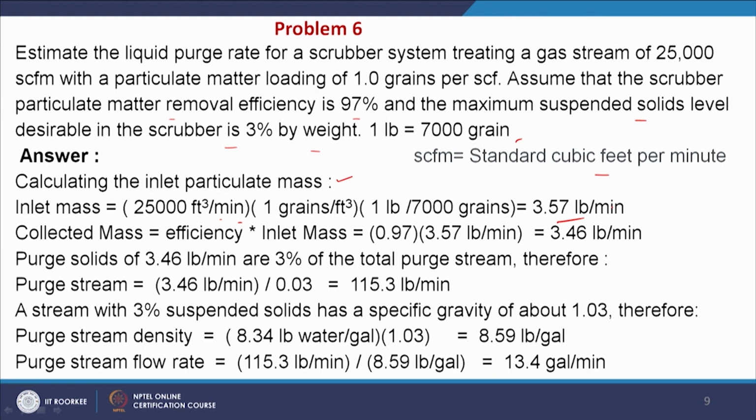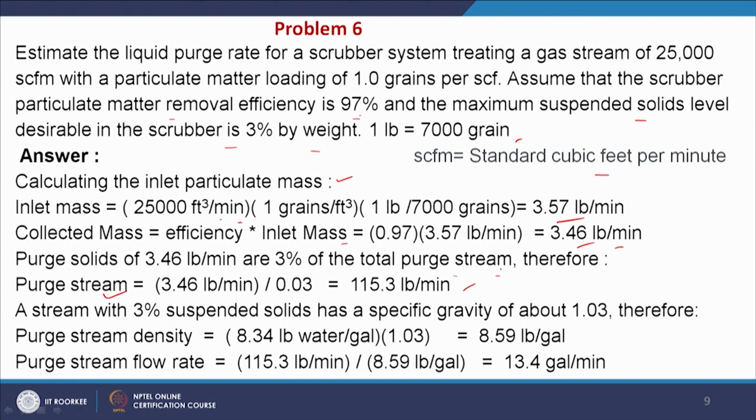So, this is the inlet mass, and then the collected mass is equal to efficiency into inlet mass. The efficiency is 97%, so we are getting 97 into 3.57, divided by 100. So, that is equal to 3.46 pound per minute. This is our collected mass, and the purged solids of 3.46 pound per minute are 3% of the total purge stream. It is given that the suspended solids level desirable in the scrubber is 3%. So, the purge solids of 3.46 pound per minute that you are getting are 3% of the total purge stream. Therefore, the purge stream is equal to 3.46 divided by 0.03, that is equal to 115.3